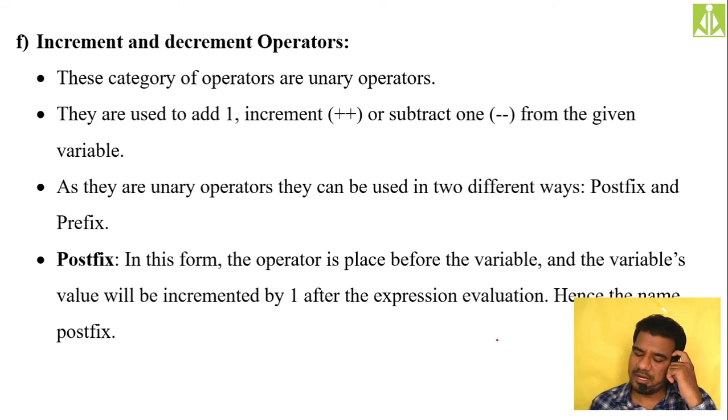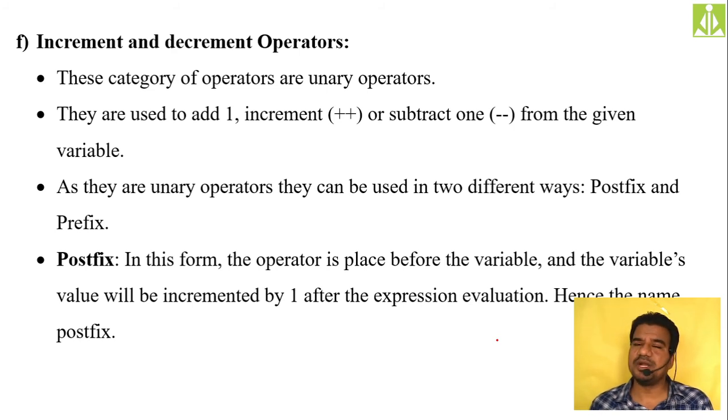Okay, so we have two different types. The first one is pre-increment, and the second one is post-increment. Decrement is also the same: pre-decrement and post-decrement.